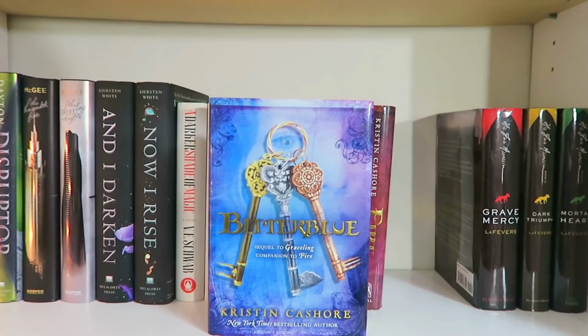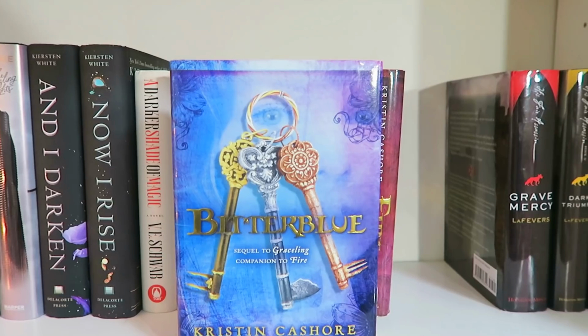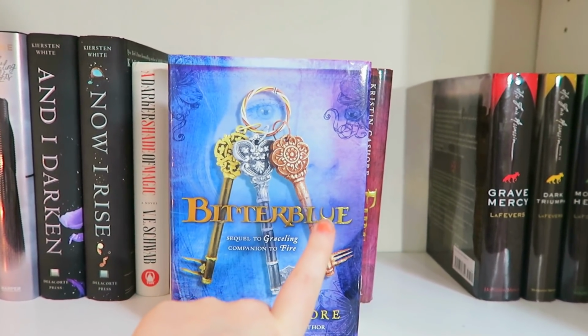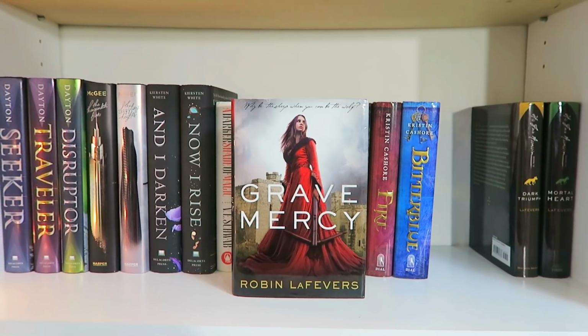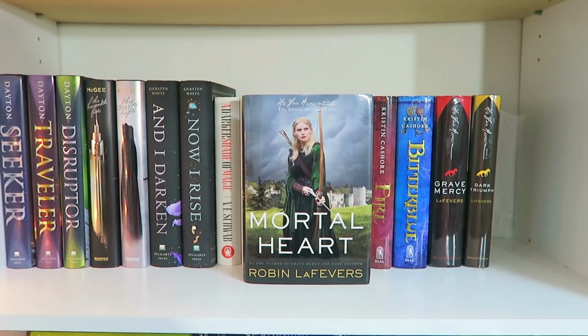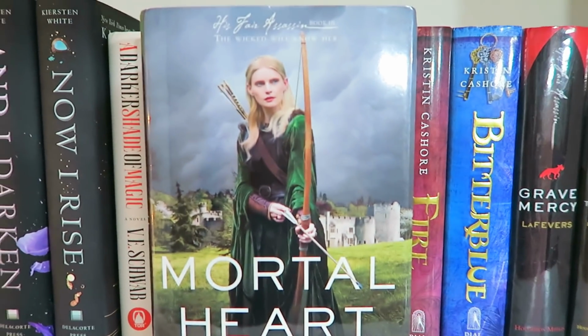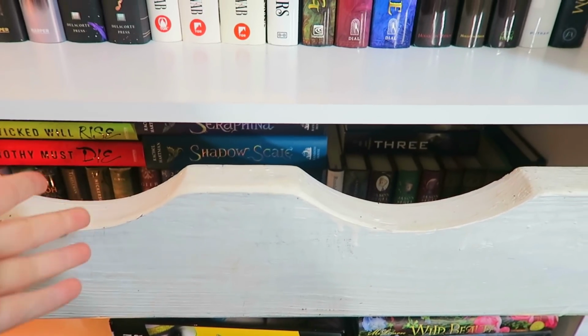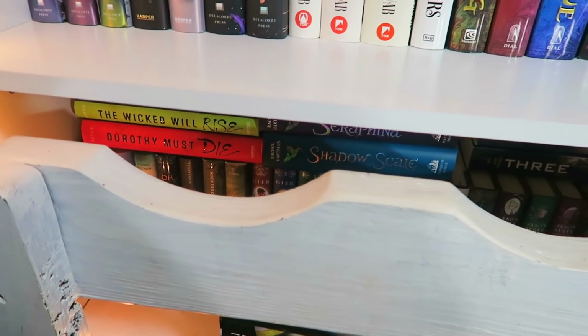And I'm just noticing there's a face on this cover. Do you see the eye, the nose, and the lips? Yeah, I'm just realizing this. Grave Mercy, Dark Triumph, and Mortal Heart by Robin LaFevers. Legolas, basically. Right? Okay, so this shelf is done, but going down, we hit my bedpost, and this shelf is